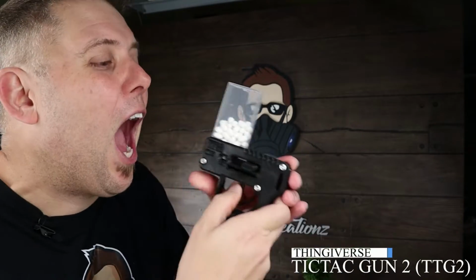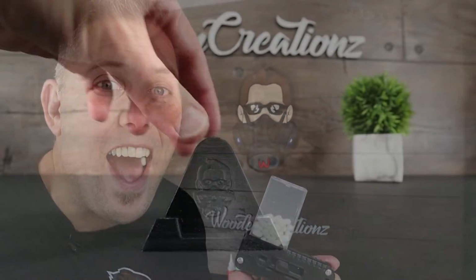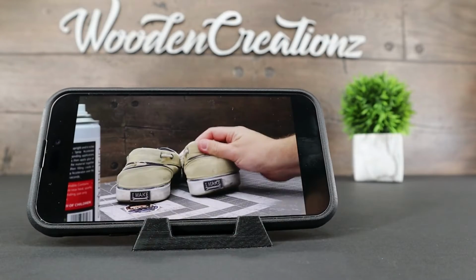Today we're gonna make some amazing 3D prints you can make at home. We're gonna use Starbond Cyanoacrylate Glue to help stick them together. Check it out, it's a 3D printed Tic Tac gun. And it shoots. When it comes to 3D printing, we typically think of easy to print projects like this one-piece